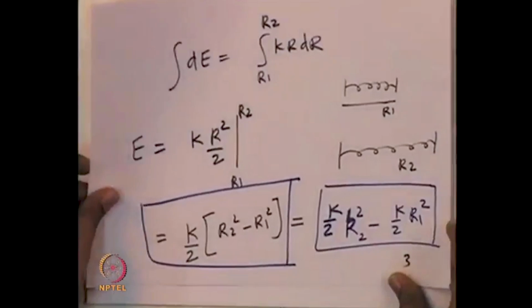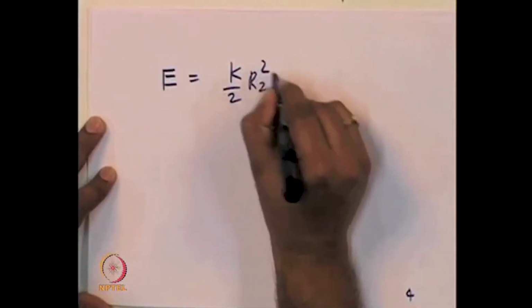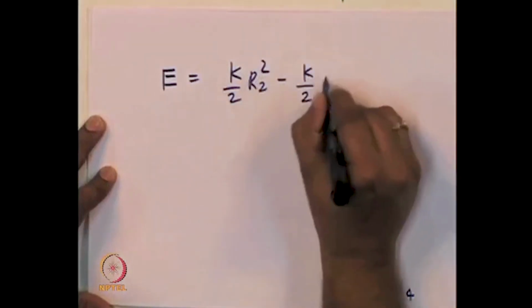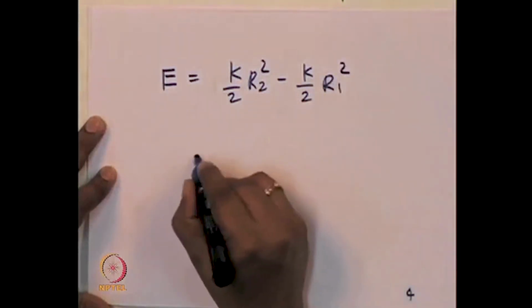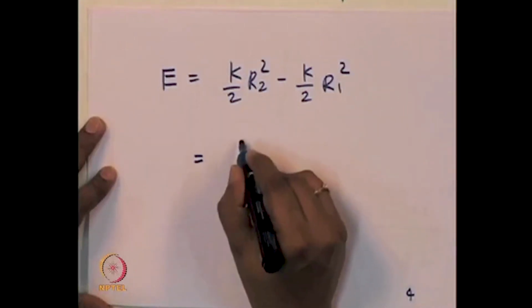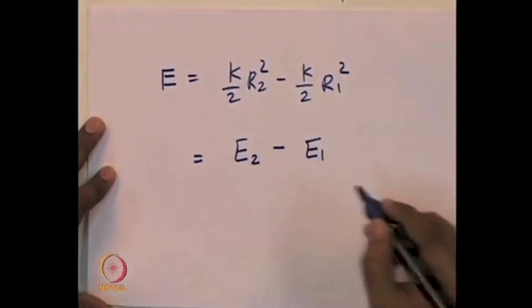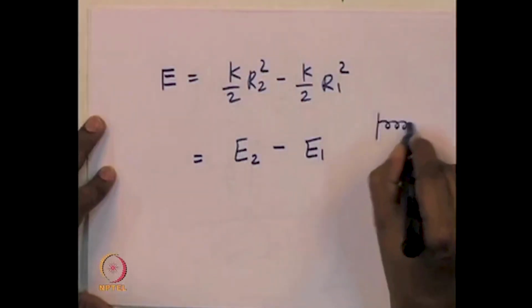This is essentially the energy difference. If you look at this equation once more, a little more carefully, let us write it here separately. What we got is energy is k by 2 r2 square minus k by 2 r1 square. So, this is nothing but the energy to keep this. This is one energy, let me call this E2, and this we call E1, where this is